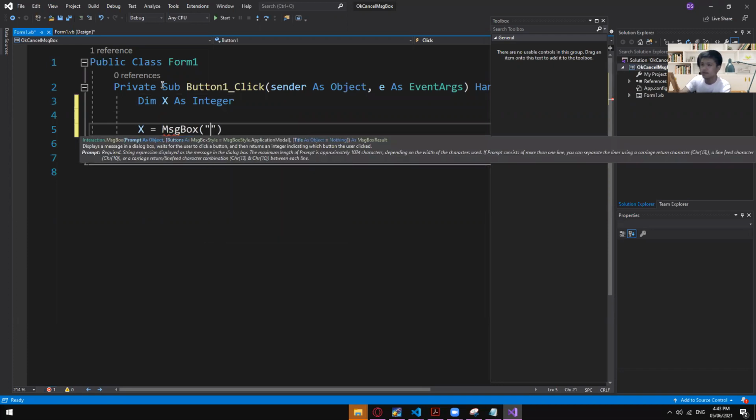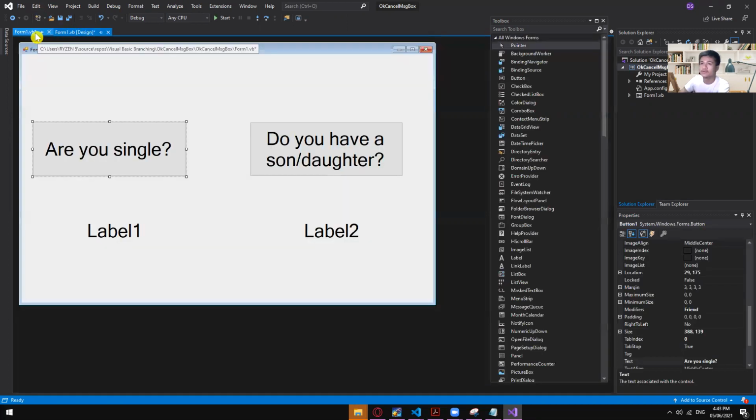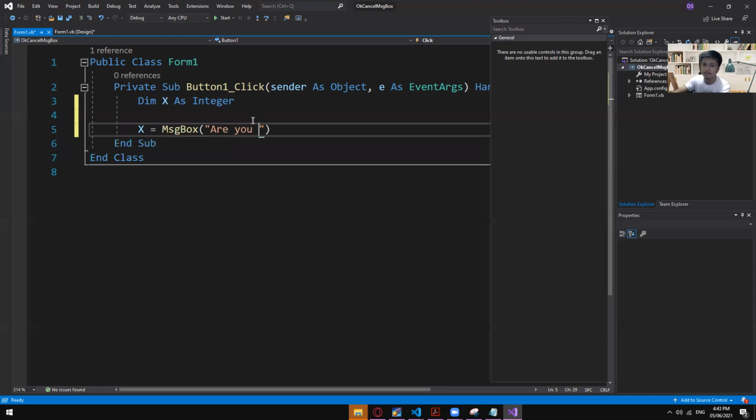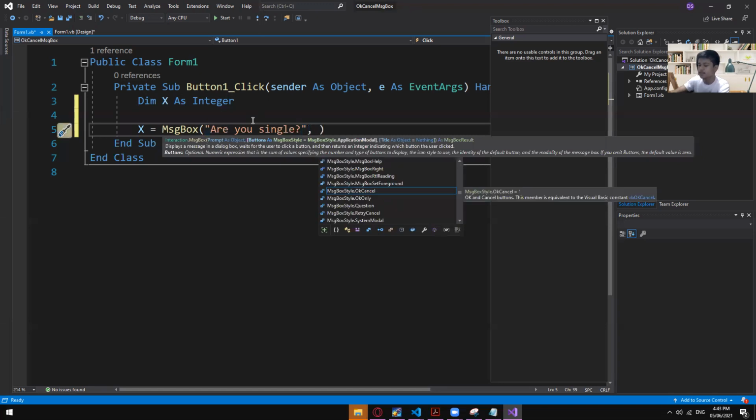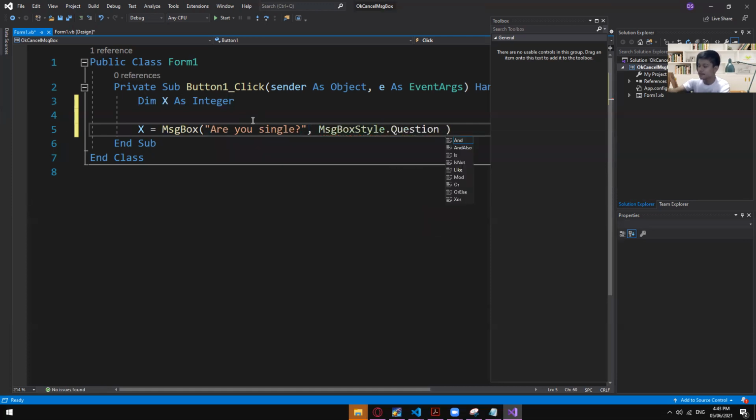So the first one is the message, are you single? And then the next one is message box style. Since I'm not quite familiar with the value, that question followed by the message box style,